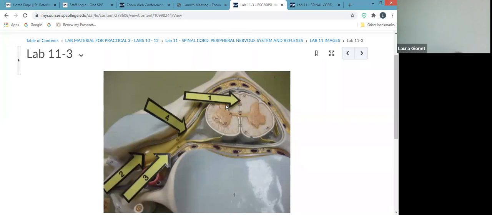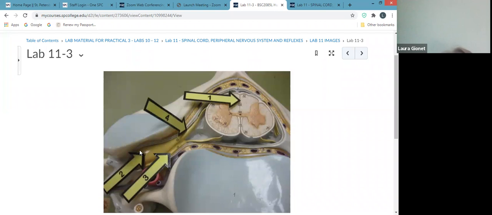So that tells you which portion of the gray matter horns is the posterior aspect and which is the anterior or ventral aspect. And same goes for the nerve roots exiting and entering the spinal cord. So number 3 are those little wires or nerve roots leaving from the anterior ventral aspect of the spinal cord. Those must be motor neurons because they leave the anterior gray horn. And you know that because you've got the vertebral body right there